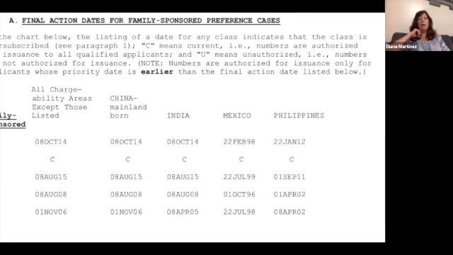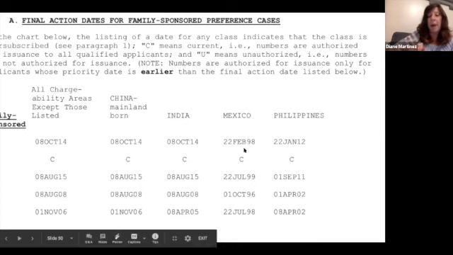What you're looking at here is a visa bulletin. About 70% of the applications approved in the United States are approved through family visas. To qualify for a family visa, you have to be a parent, a child, a spouse, or a brother or sister of a US citizen or a legal permanent resident. Let's look at these categories, and look at Mexico. These are the application dates. This is telling you the dates that they're working on.